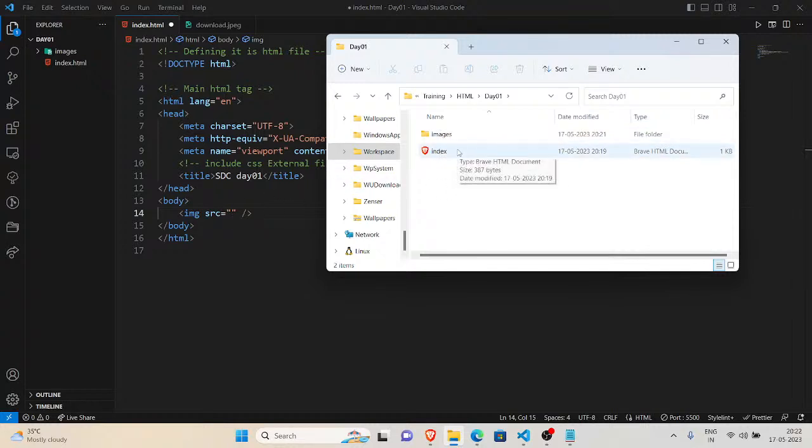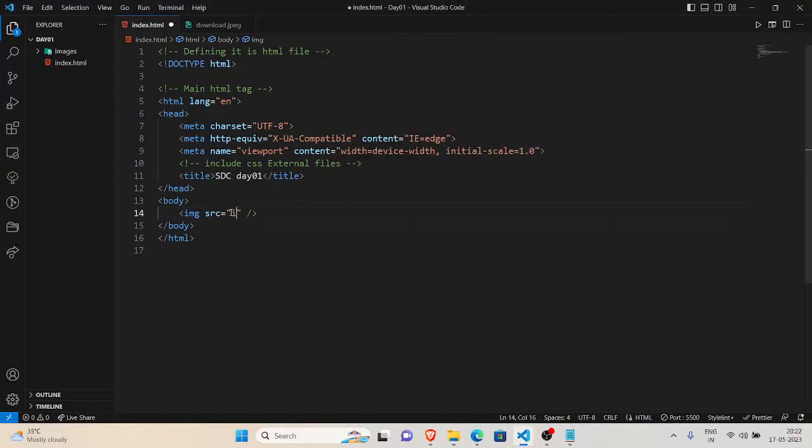And to get the image under the images folder, we have to enter into the images folder. For that, we have to type images, and to get inside the images folder, just type slash. Now we are inside the images folder. And what is the name of the file? Download.jpeg.